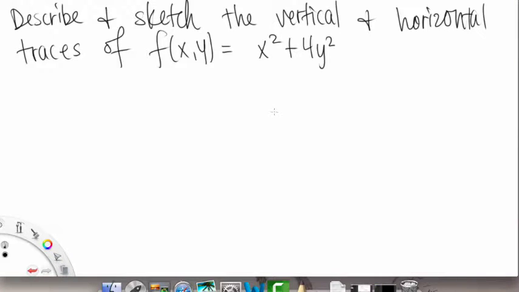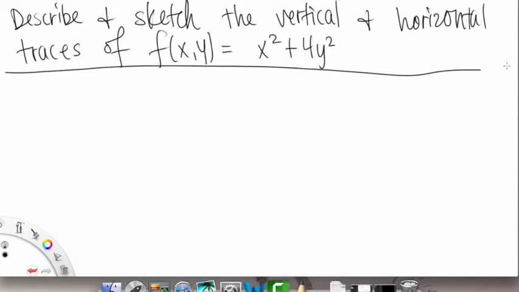In this question, we're going to describe and sketch the vertical and horizontal traces of f of x comma y equals x squared plus 4y squared. For vertical traces we should have two of them, and for horizontal there would be one kind of trace. Let's start with freezing x at a. So, vertical trace